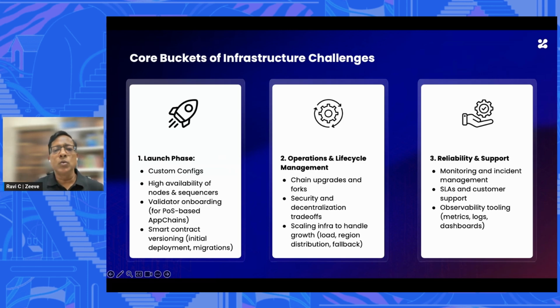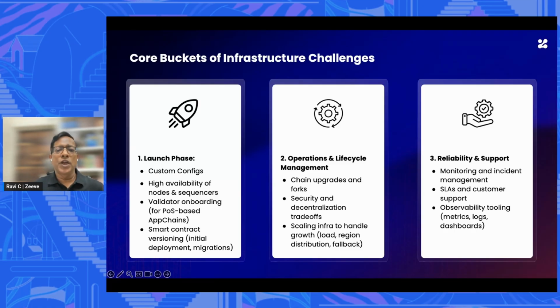You need to be very clear, depending on the use case and your requirements, how much security and compliance needs to be there, how much decentralization needs to be there, and accordingly choose the right stack and configure it properly. And then highly scalable infra, where on-demand scaling can happen. At the same time, you need to ensure that your infrastructure is not just highly available but well distributed across the globe, so that it leads to higher decentralization, lesser risk and more security.